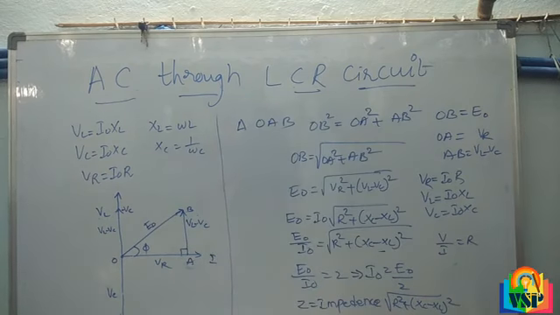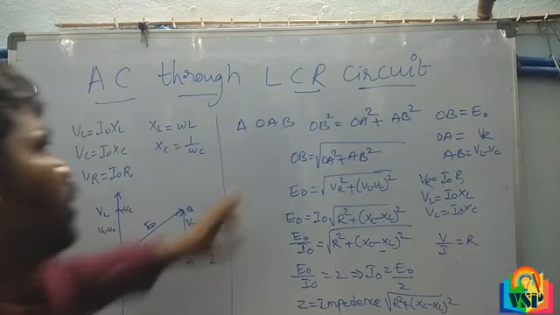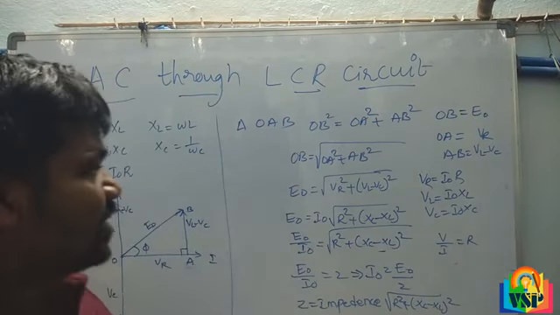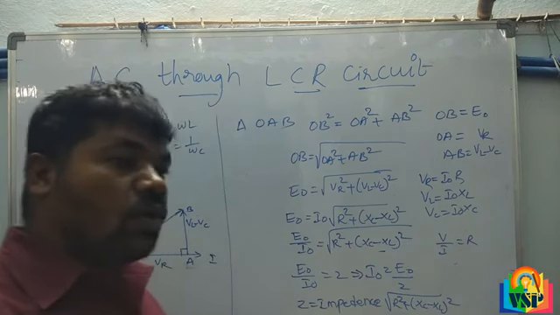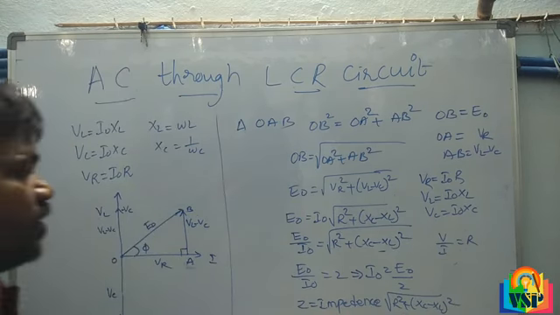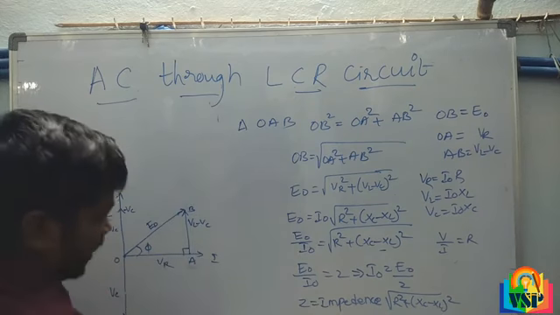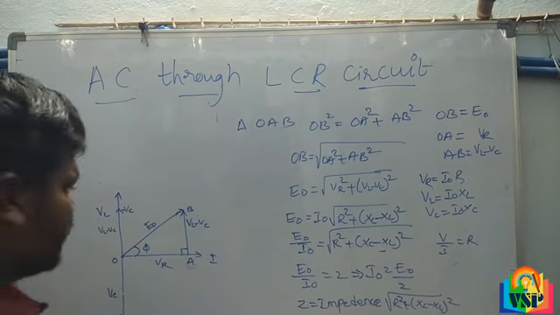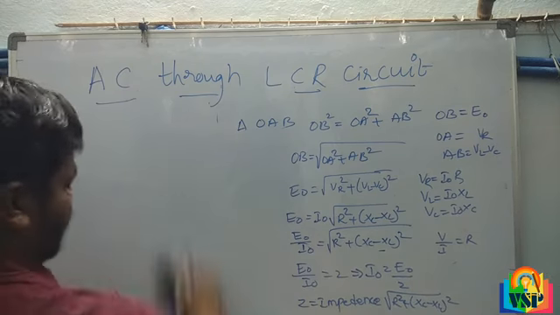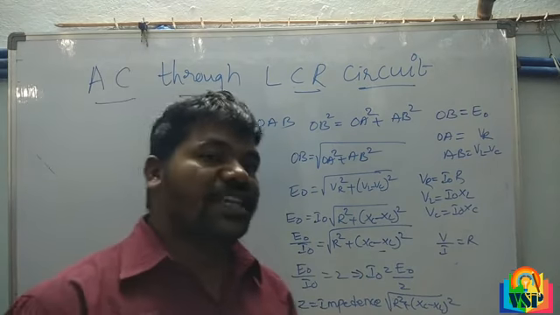That is called impedance. What is impedance, my dear students? Impedance means whenever inductor, capacitor, resistor is connected in AC circuit, some opposing property is developed in the circuit, so that we can say impedance. It is like a resistance, my students. Okay. So what is impedance? Impedance means a resistance is developed in LCR circuit, that is called impedance.